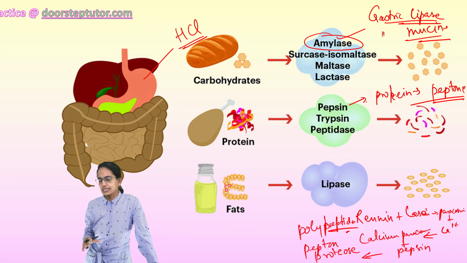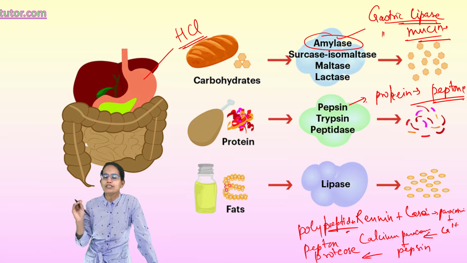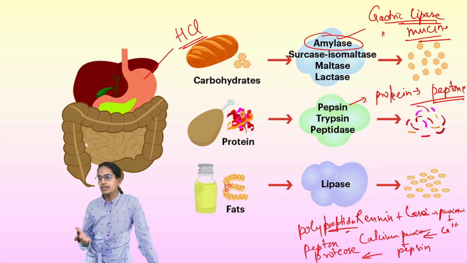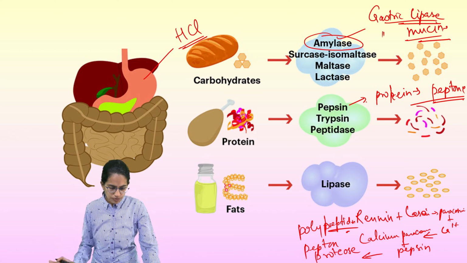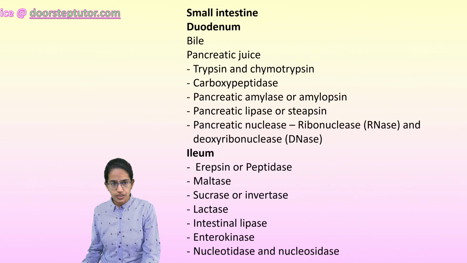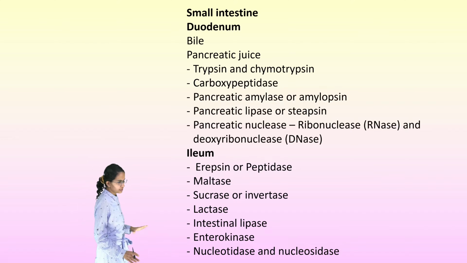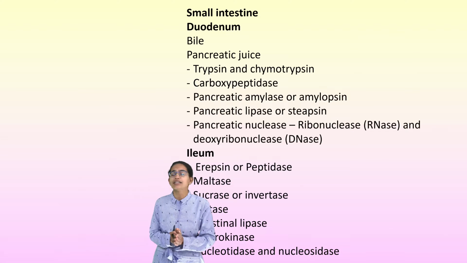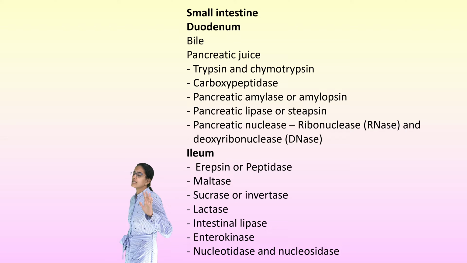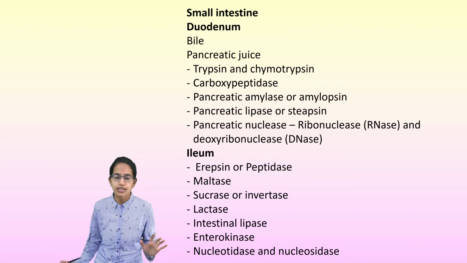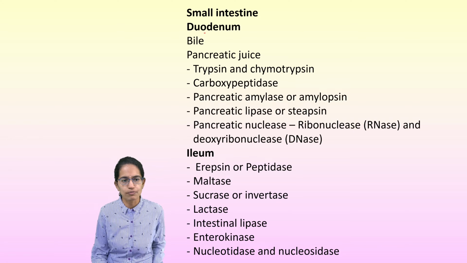In the large intestine, by and large, water and salt are absorbed by the lining. The remaining unprocessed food is pushed through the rectum and leaves out through the process of egestion. Small intestine is one of the most important things that we would discuss. In the small intestine, two important sites through which enzymes are released: duodenum and ileum. Let's understand these one by one.